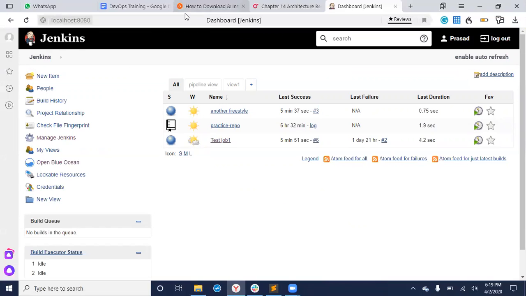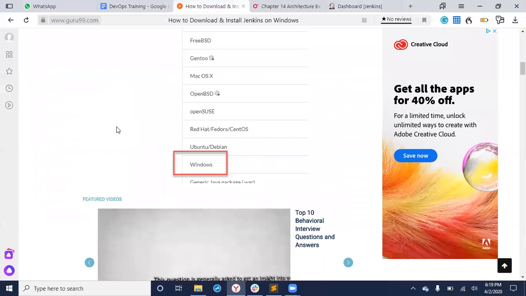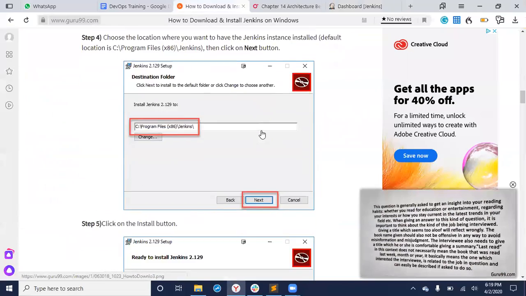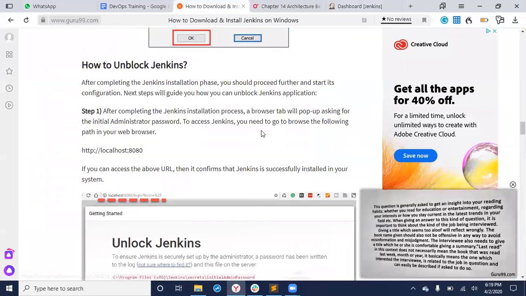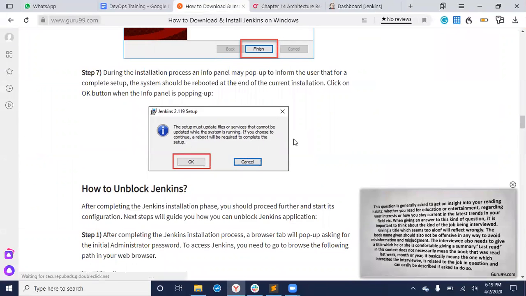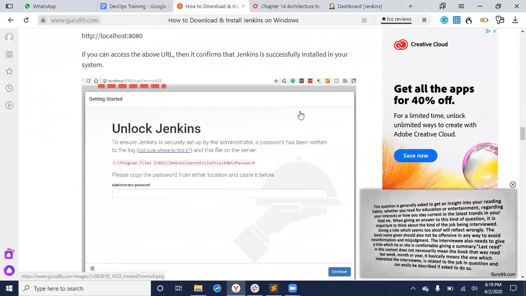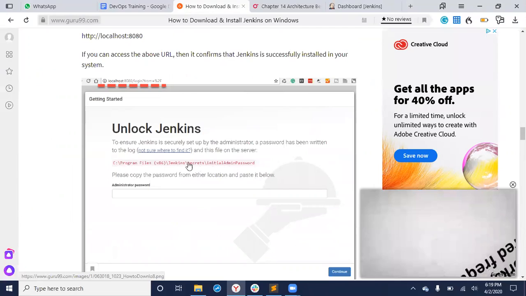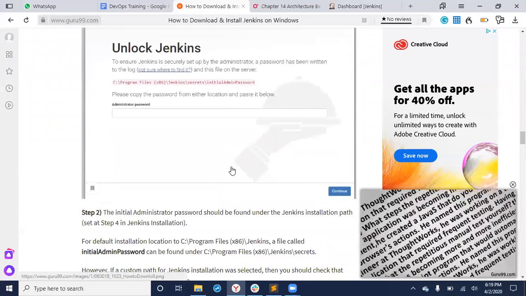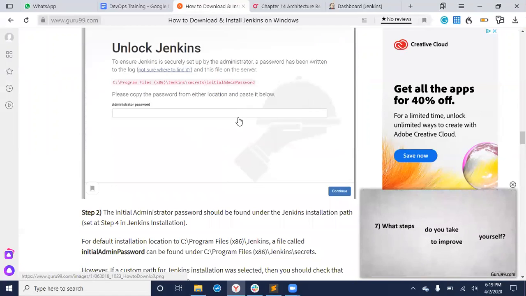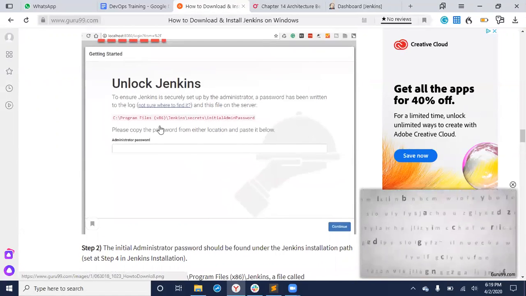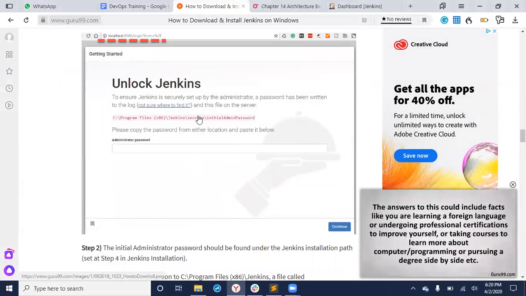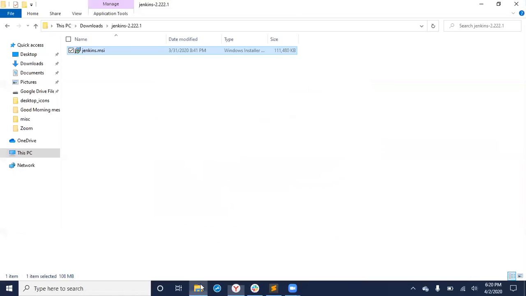Basically, I'll tell you what's supposed to happen. When you start fresh, as you saw in the installation, you will typically see this screen. You will see this kind of screen. You see here, unlock Jenkins. Now, it also gives an initial password, which is some 16 to 18 digit alphanumeric string. It will be under C program files, Jenkins, secrets, initial admin password. So basically from that location,